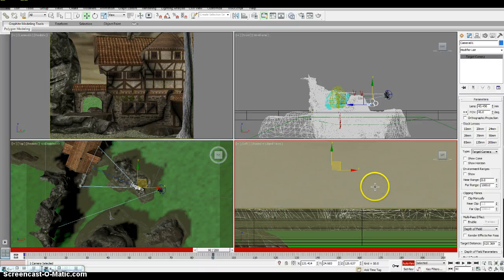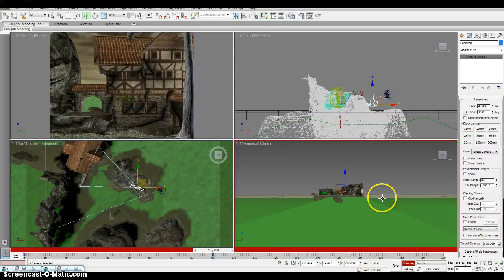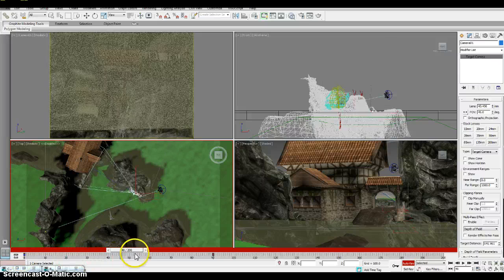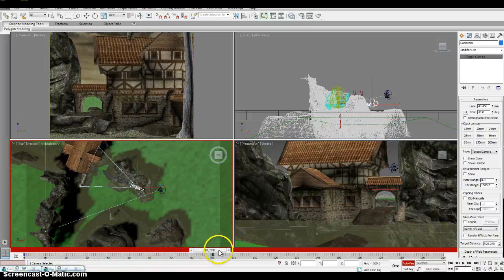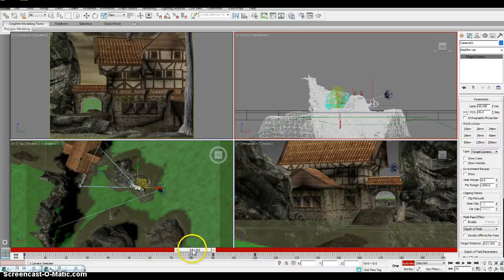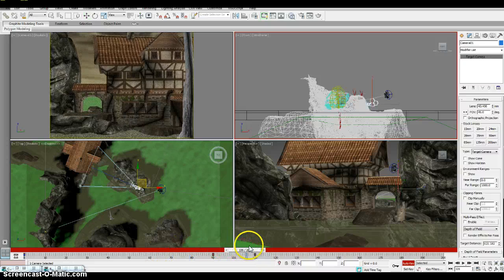Alrighty, so now what we're going to do, we have that. We can see the camera now actually coming up and zooming in. So I'm going to go to frame 110 and I'm just going to slightly move it up just a little bit, so it's still kind of moving up, coming to a stop. And then at frame 111,